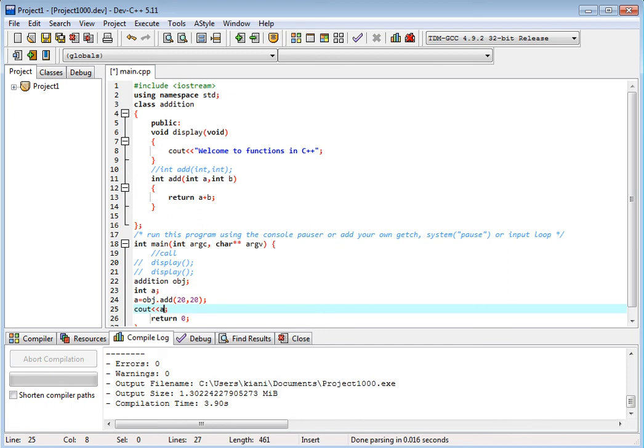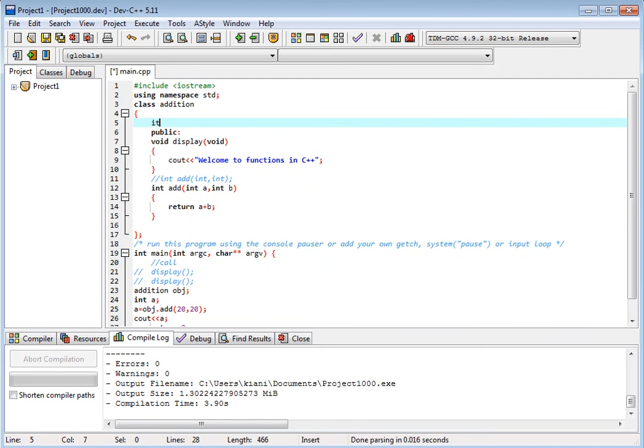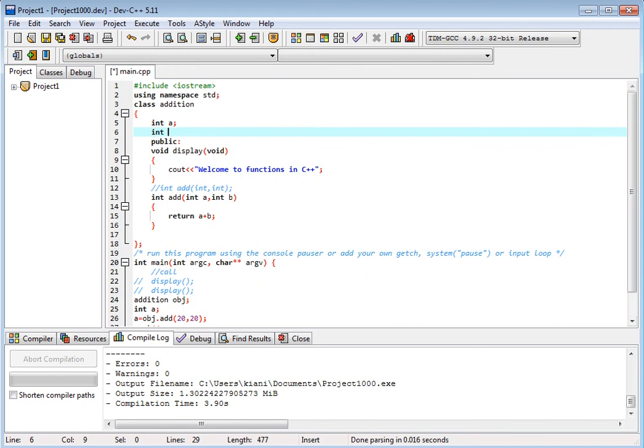If I use some data, then I write integer A, integer B. This is the data part, and we can assign here A and B, this dot A, this dot B. So this is how we use classes.